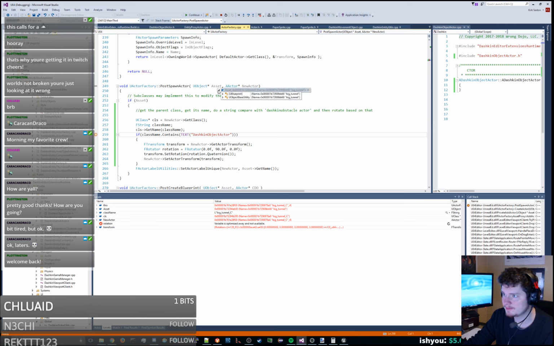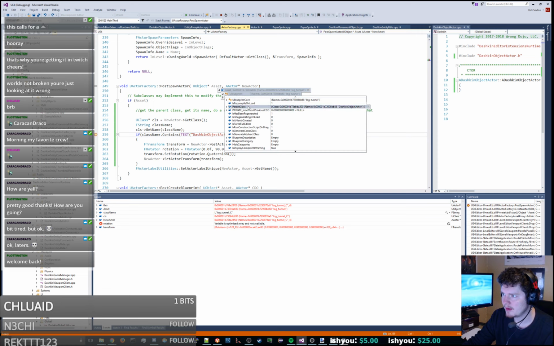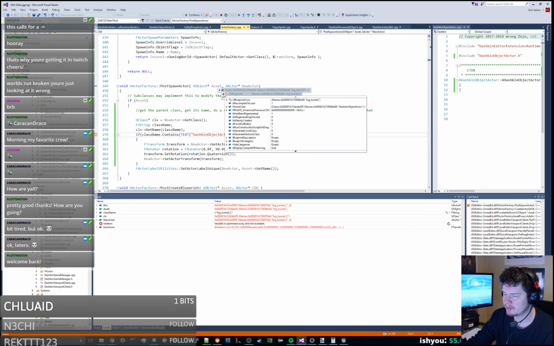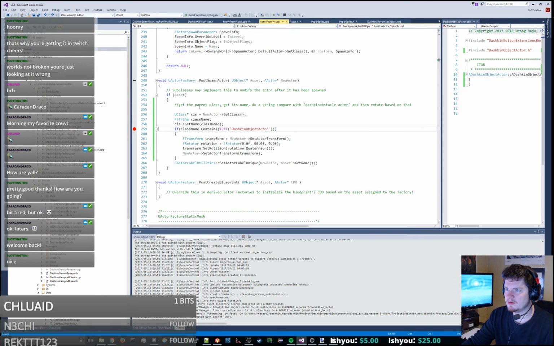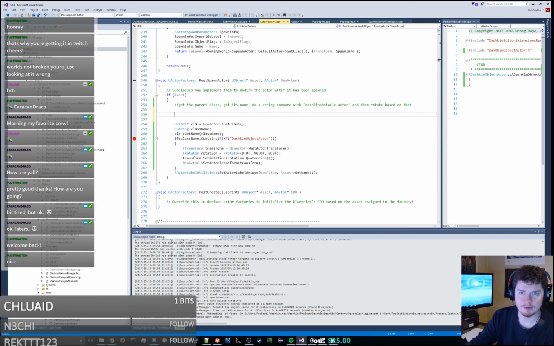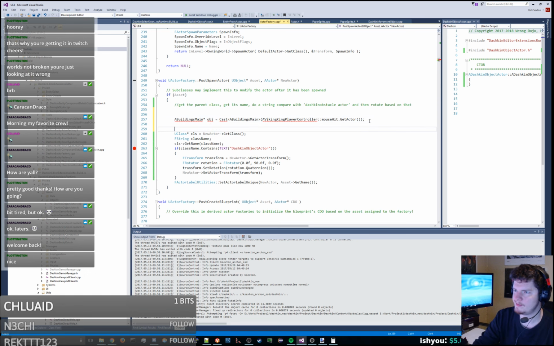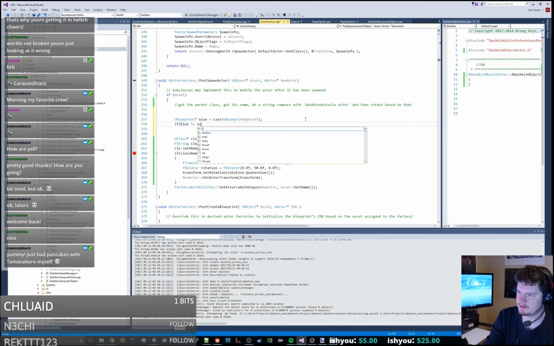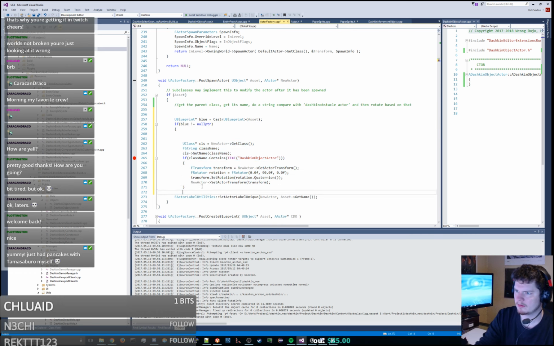So the asset is this log tunnel. So we have blueprint, and on it we do have parent class. So we want to get the asset as a U blueprint. So it's going to be like if asset, so we need to do a cast to U blueprint. I'm going to say blue. We're going to cast as a U blueprint the asset. So if blue does not equal null pointer, I'm going to call blue